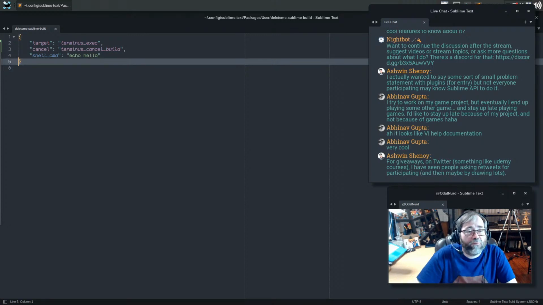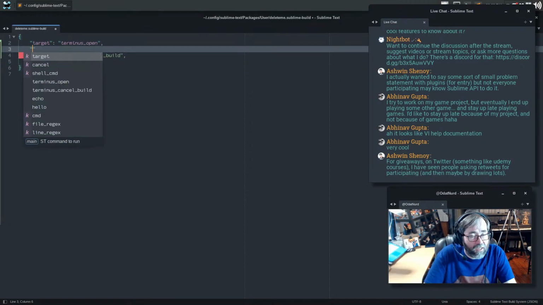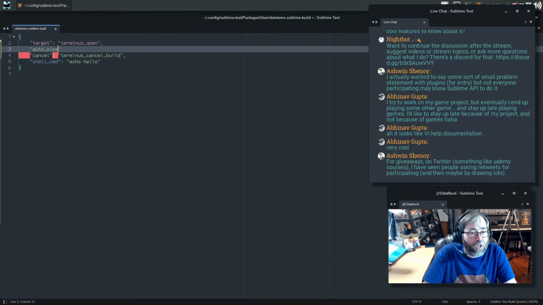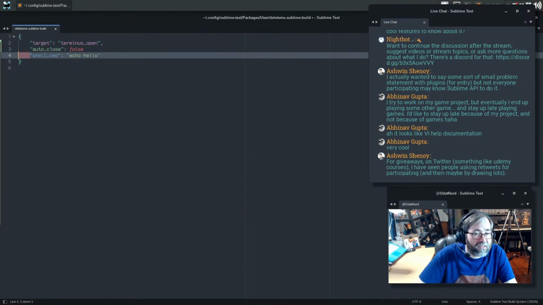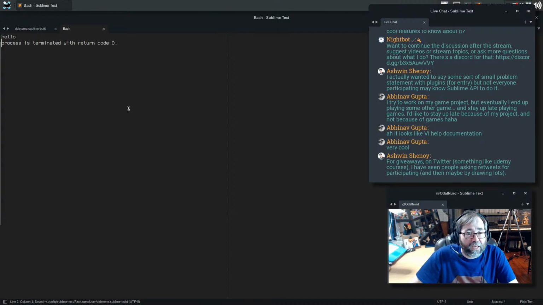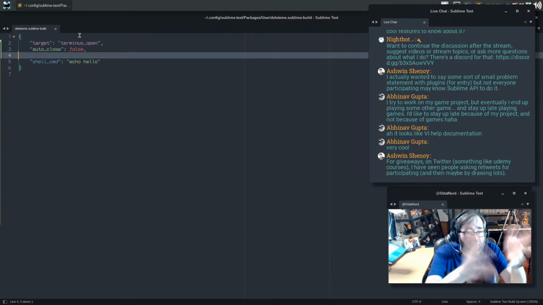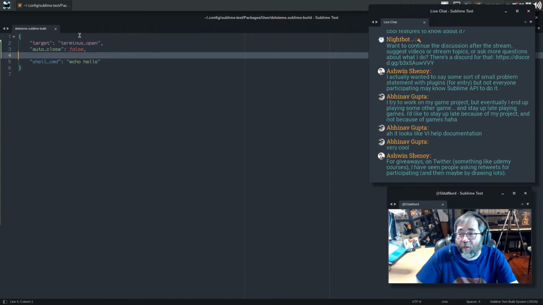And you can also, as we saw earlier, if you change this to Terminus open and then say, what was the thing that we put in there? Auto close false. And delete that, because if you want to cancel the build running in a tab, now the build is running right out here, just like this. And if you look at the README page for this, it also has the ability to use Terminus or Origami to split the view and move the build to the right, so you can be writing code on the left and building on the right.